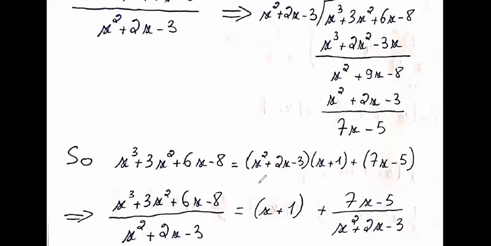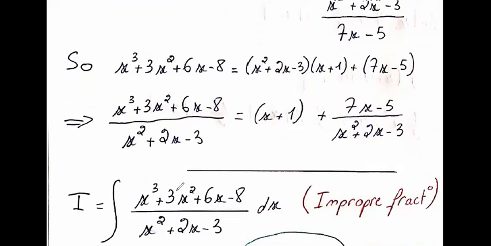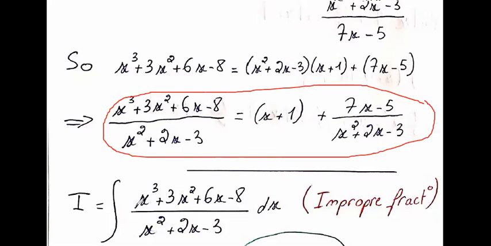Now, let's see how we integrate this improper fraction, which is the one that I already divided, or I already performed the long division. So this is an improper fraction. The degree of the numerator is greater or equal, but here it's strictly greater than the degree of the denominator. So the integral of this improper fraction would be equal to the integral of x plus 1 plus the integral